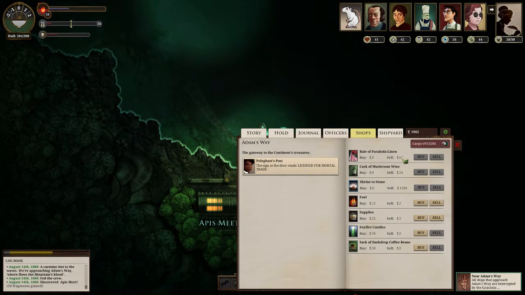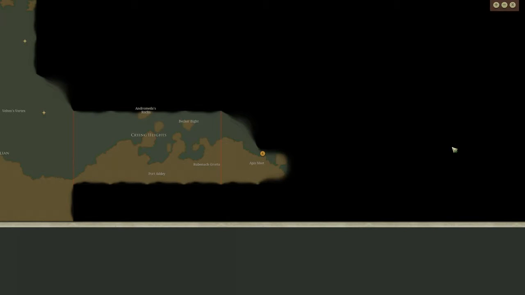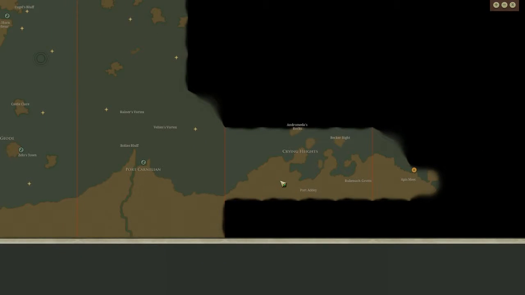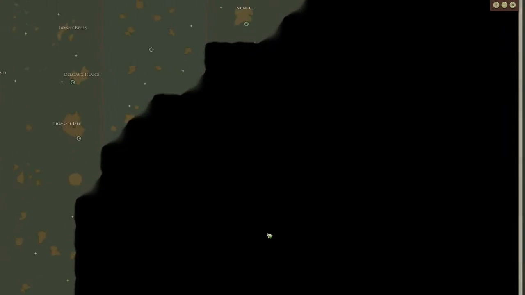They pay well for parabola linen. I'll bet I could buy some in Port Carnelian and do a little, what you call it, trade route thing. Now let's